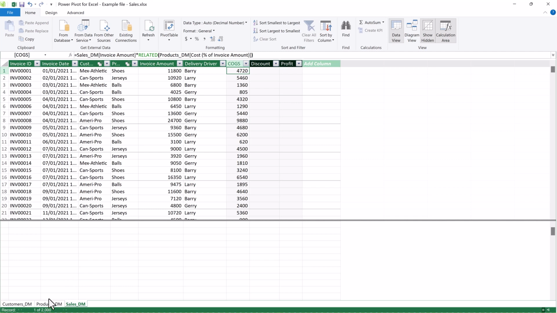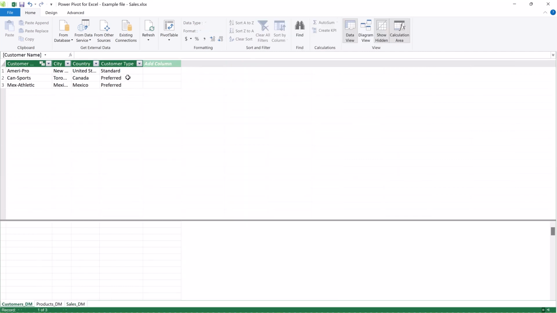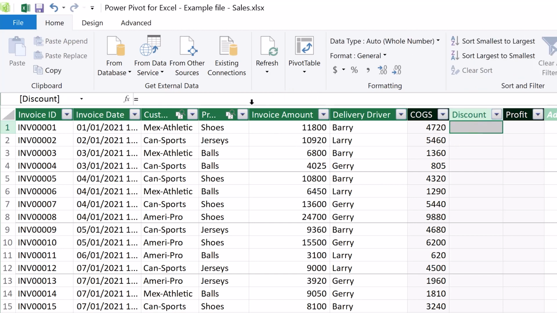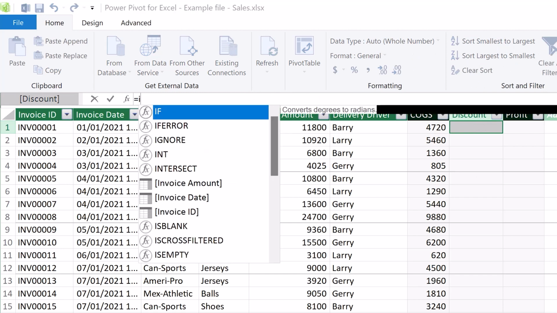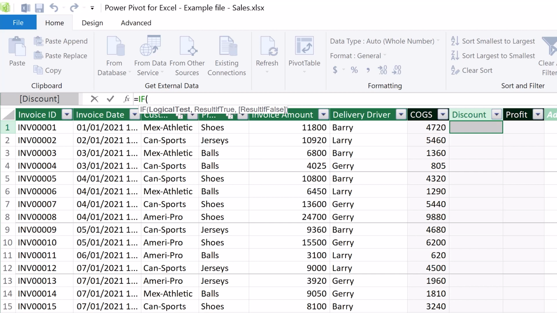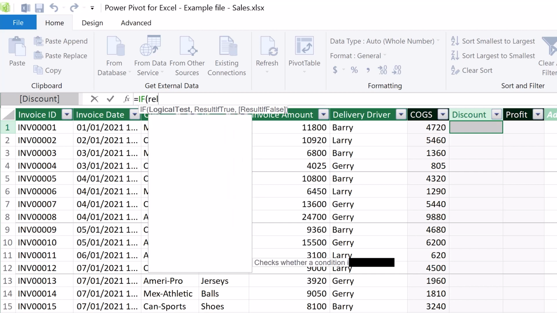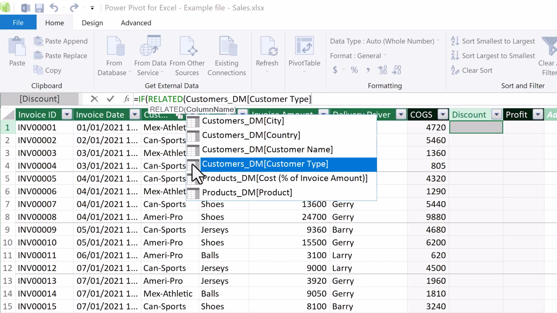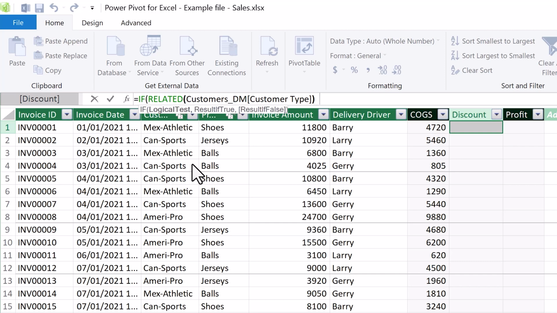If you remember, our customers in expansion markets are identified as preferred customers, and they get a special 10% discount on their purchases. Therefore, our formula will be invoice amount times 10%, but only if they're a preferred customer. To begin, double-click on the cell, and after the equal sign, we'll start with an IF statement. Open parenthesis, and for the logical test, we'll type RELATED, open parenthesis, and we'll look for customer type from the customers table, close parenthesis, equals, in between double quotes, we'll type